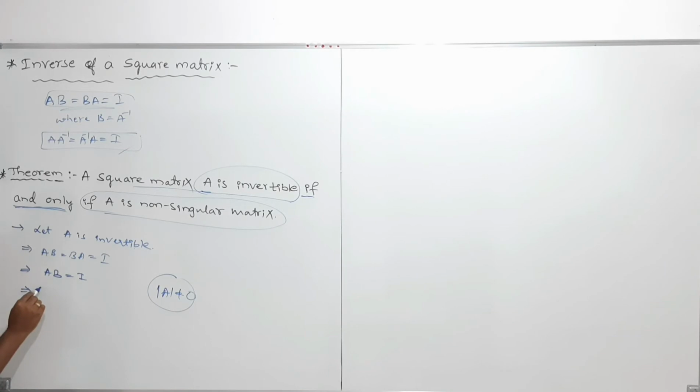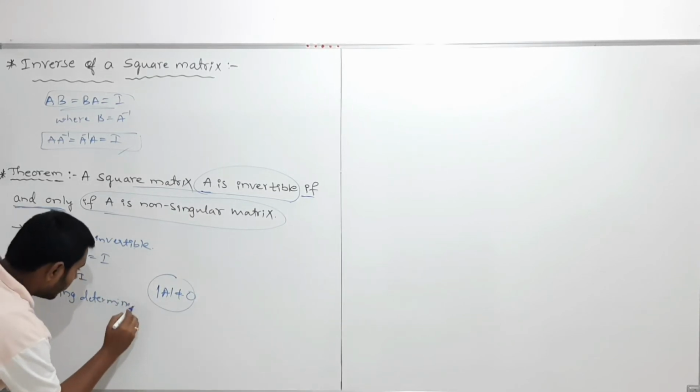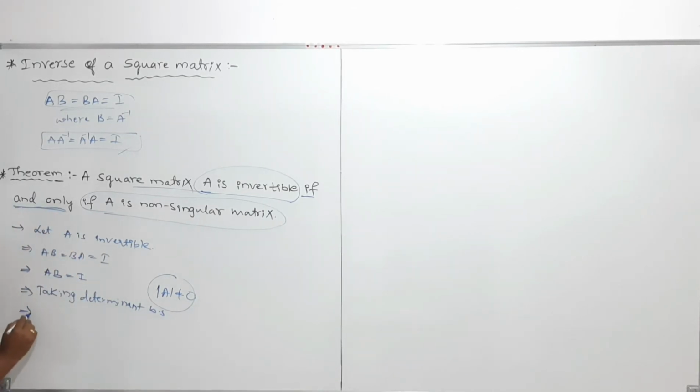Taking determinant on both sides, what happens? Determinant of AB is equal to determinant of I. And in today's session we already discussed that determinant of AB can be written as determinant of A into determinant of B, which is equal to